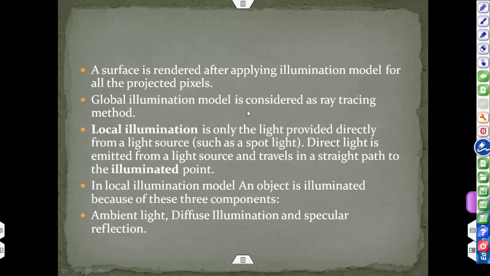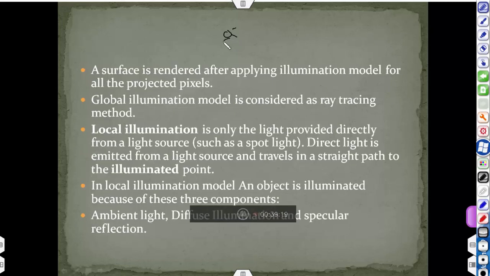The illumination model can be categorized in two ways: one is the global illumination model and the other is the local illumination model. The global illumination model is ray tracing, which we have already seen. In the local illumination model, we assume that there is only one light source, one object and one viewer.